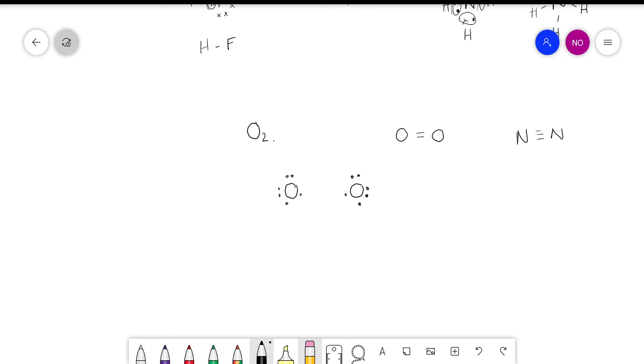Do you see that it has 2 vacant spots for electrons on both of our oxygens? So instead of finding something else to join in, they just say, okay, let's bend 2 of our orbitals to